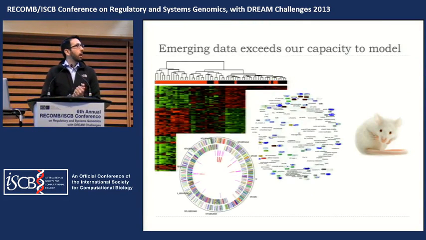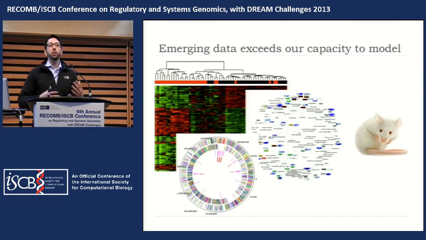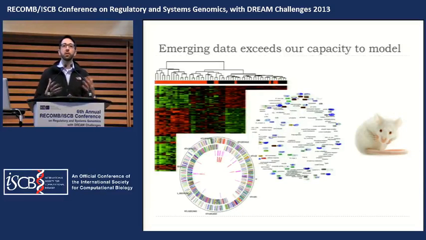So, emerging data, genome scale data, is exceeding our capacity to model it biologically. This is especially true in the case of disease association information, where we're constantly learning new things about not only how genetic variation is associated with human disease, but also how genes interact with other genes and how genes interact with environments. This is a lot to ask of mammalian models. So even though they offer incredibly faithful models of human disease, there's an incredible investment required for making a single knockout mouse. So having methods to inform your experimental work before you begin are incredibly useful in terms of